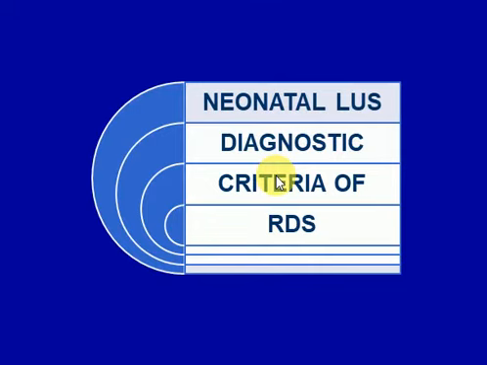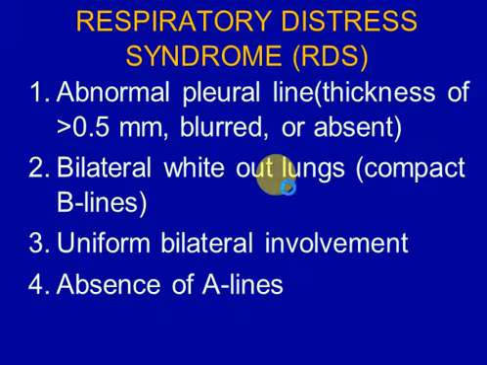We'll talk now about the diagnostic criteria of lung ultrasound of RDS. To diagnose neonatal RDS by lung ultrasound, we have 6 to 7 criteria. First one, a pleural line abnormality, either blurred, interrupted, absent, or thick pleural line more than 0.5 millimeter. We have bilateral white out lung, lower compact B line, uniform bilateral involvement, absence of A lines,